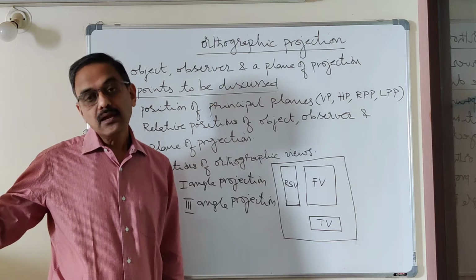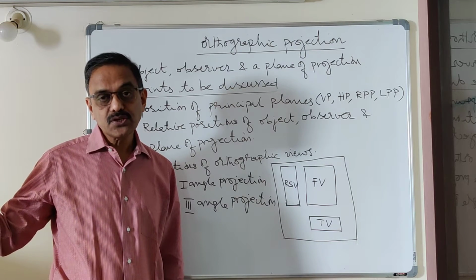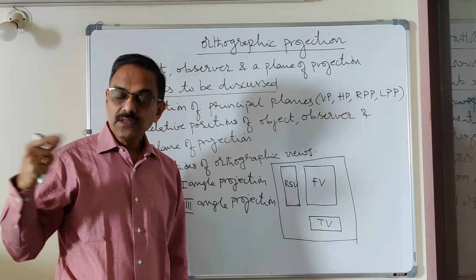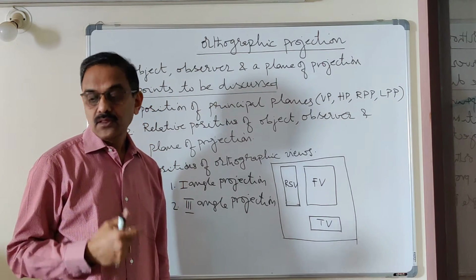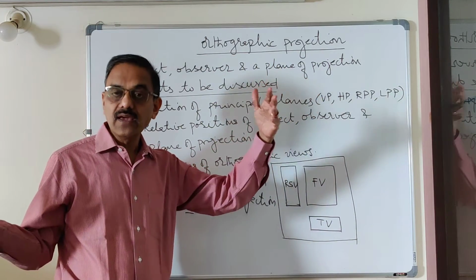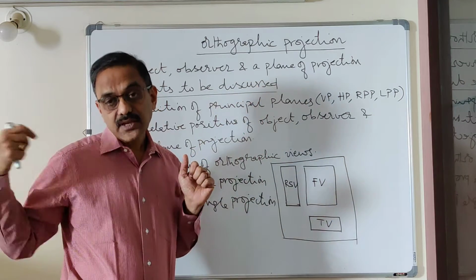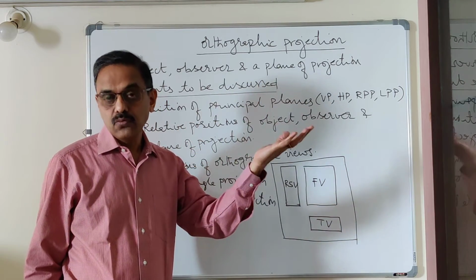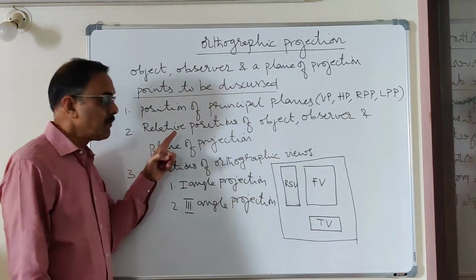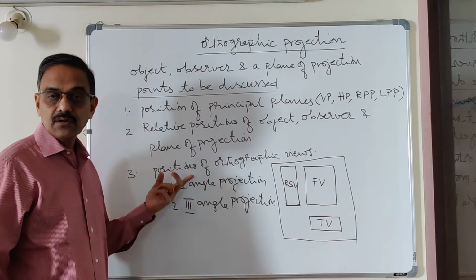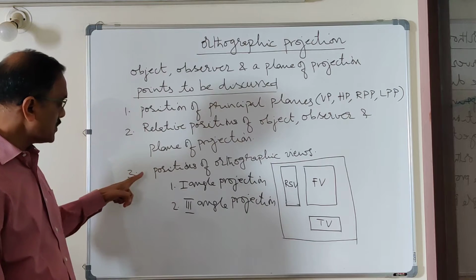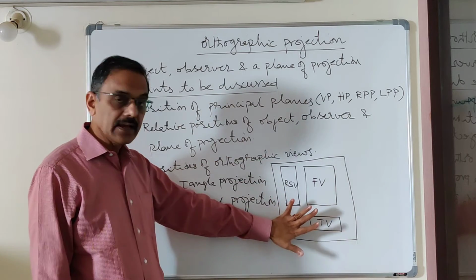Why did I choose the left wall for getting the projection? Why did I choose it? What is the reason? Because the object has to be in between the observer and plane of projection. That's the reason why I have selected the left side wall for drawing the right view. This is very important. So the relative positions have to be fixed for any view, front view, side view or top view.